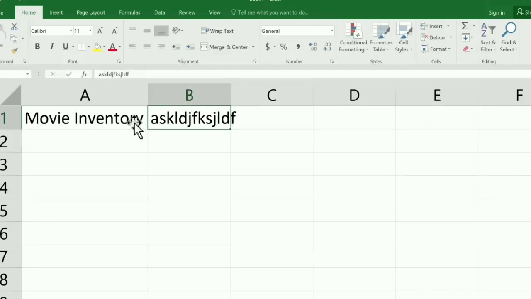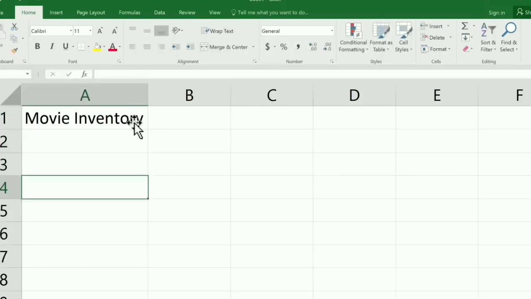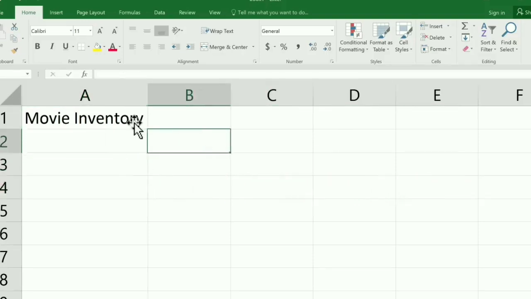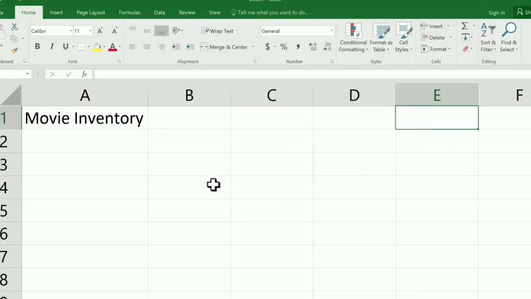So shift is basically used to do the opposite of whatever it would be otherwise. So enter, return is normally down, but shift, enter, return is up. Tab is to the right, shift, tab is to the left. Another way you can navigate throughout the spreadsheet is by using the arrows on your keyboard. If you find the up, down, left, right arrows, you can just use those to move up, down, left, or right. It's a little bit more awkward than using enter or shift enter, but that's another option. And of course, you can also use your mouse to click on where you want to go. But I'll tell you, if you can learn